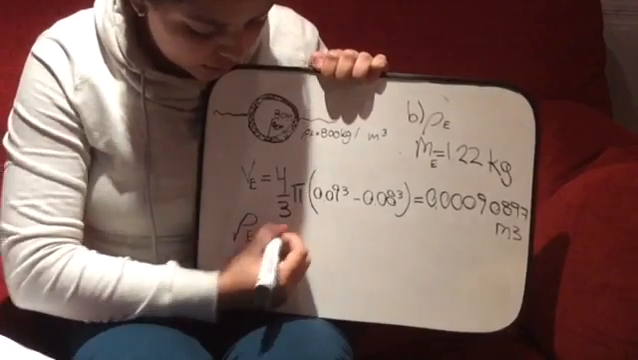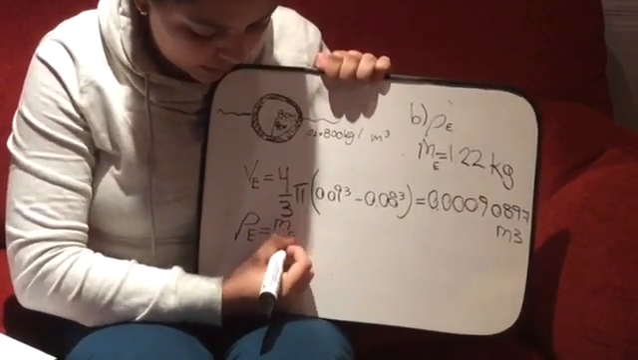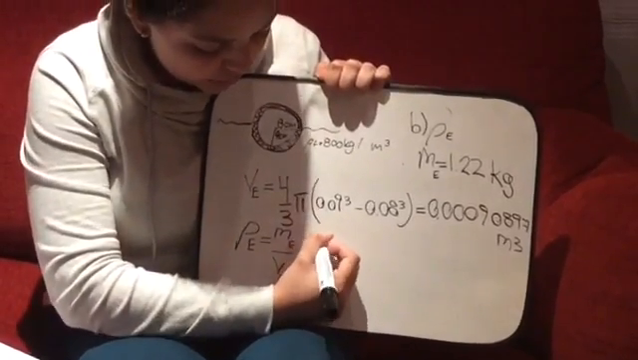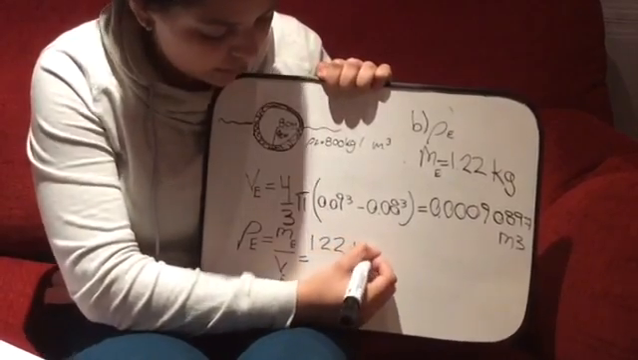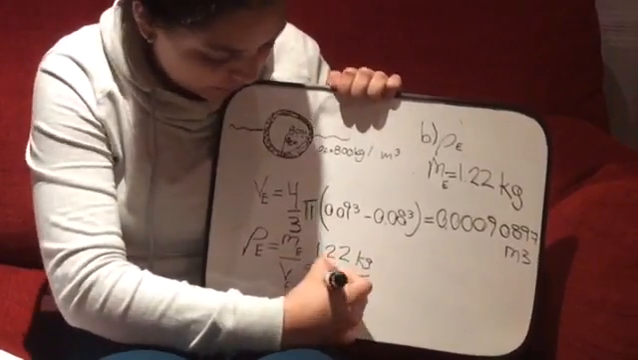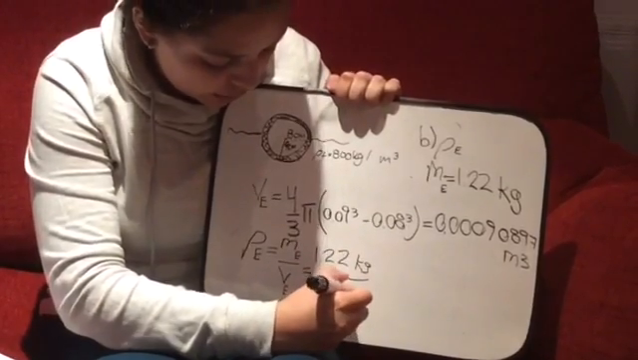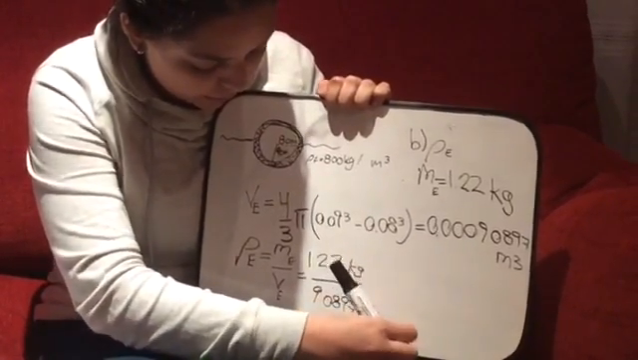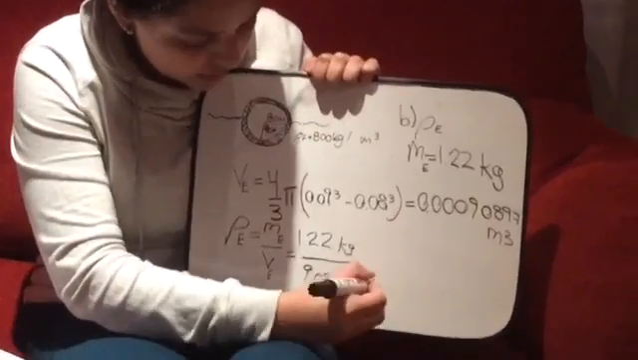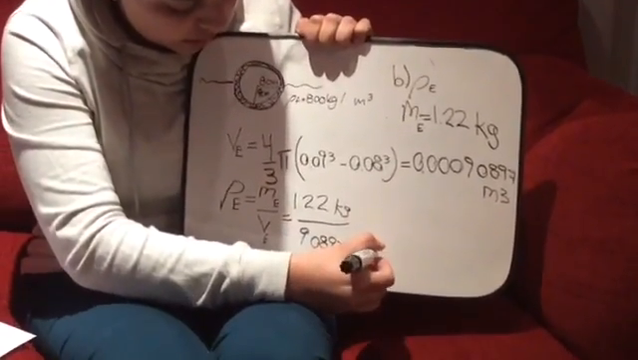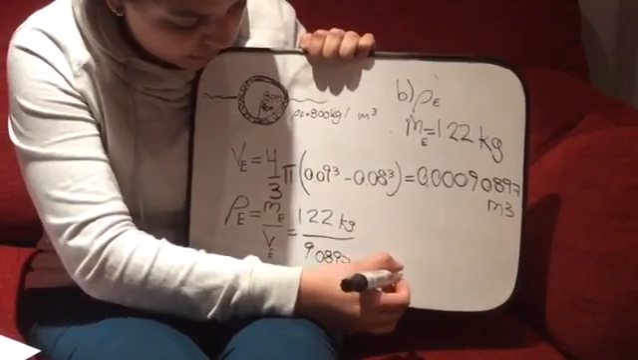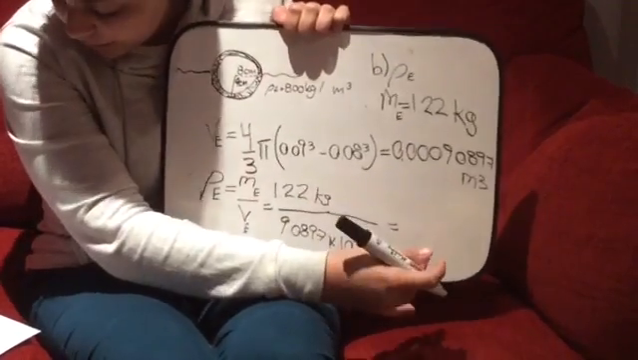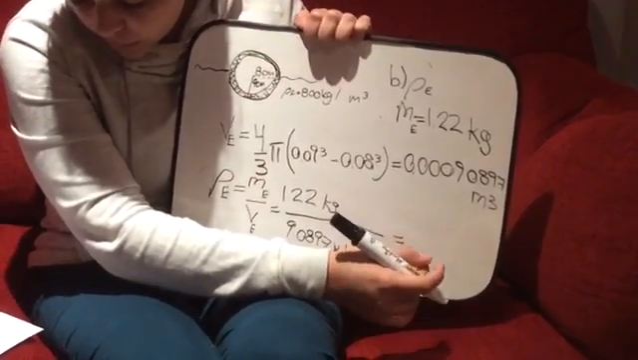So then we can just calculate the density. The density of the sphere should equal its mass divided by its volume, which equals 1.22 kilograms divided by 9.0897 times 10 to the minus 4 cubic meters. And this should be equal to our final result,